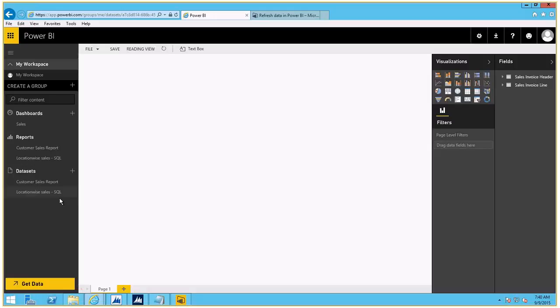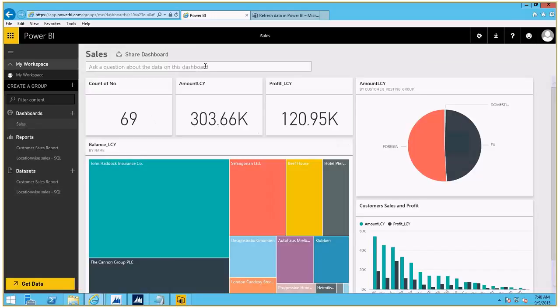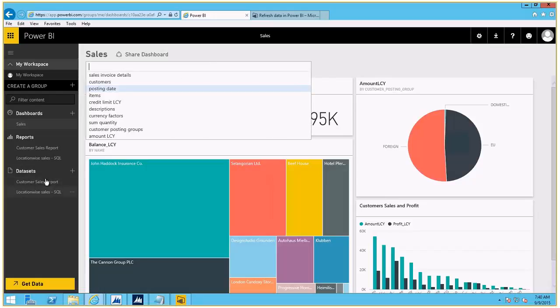And one more main feature that I have to show is the Q&A feature. If you go to your dashboard, okay, and here you can type questions. So this dashboard is getting data from two different data sets. Okay, it has data from two different data sets, and you can ask questions related to those two different data sets easily. Okay, so let's say